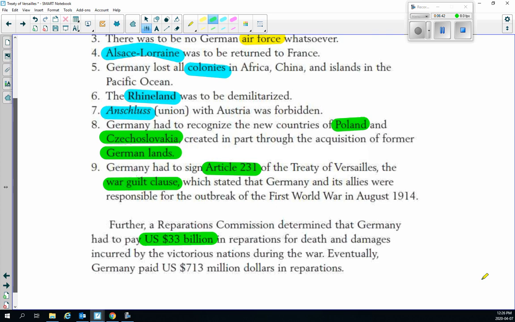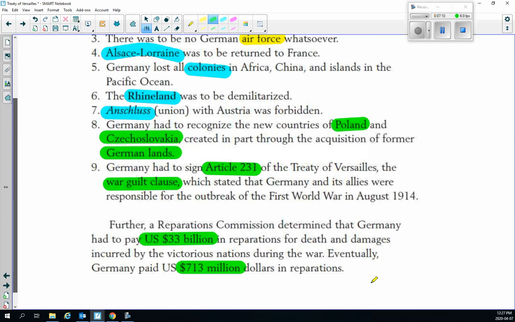They're going to have to pay Britain, France, the Allied countries back $33 billion. $33 billion in today's money would be about $400 billion. So it does again seem overly punitive on the Germans to have to do this. In the end, they only paid roughly $713 million of the reparations. In 1933, Hitler would rip up the Treaty of Versailles and cease all reparations back to the Allies.